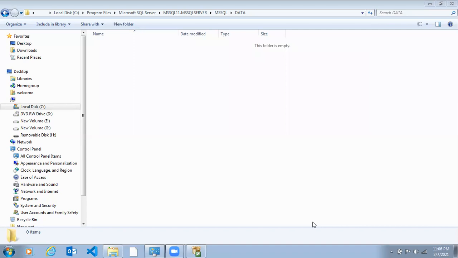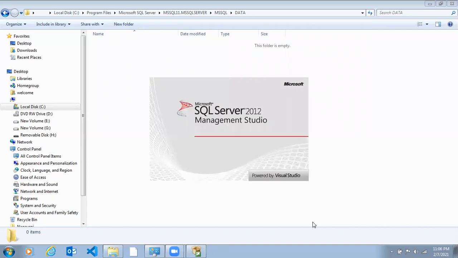If you type SSMS in run and press enter, SSMS will open. If your SQL Server is installed perfectly, then no issues, your SSMS will open. So now I'm able to see the installed SQL Server on my PC.